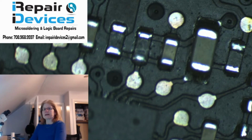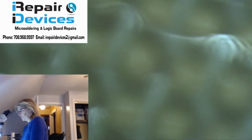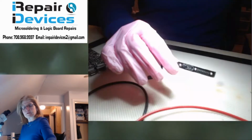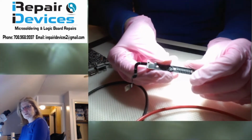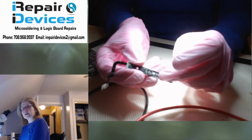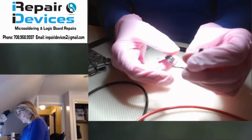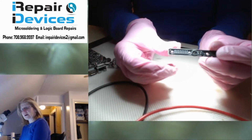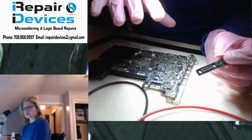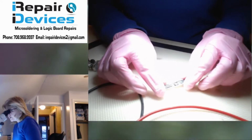What I've noticed in the past is that these boards actually can fail as well. So let me get this underneath the camera here. Let's get up my side camera. There we go. So this guy sits on the side of the laptop, and it has some LED lights on here, and this is what senses your battery and how much power you have left on it. And I've actually had these boards fail. And so when I noticed this board, I was getting the proper voltage, the clock line, data line was working just fine. I went to this board and I noticed that,